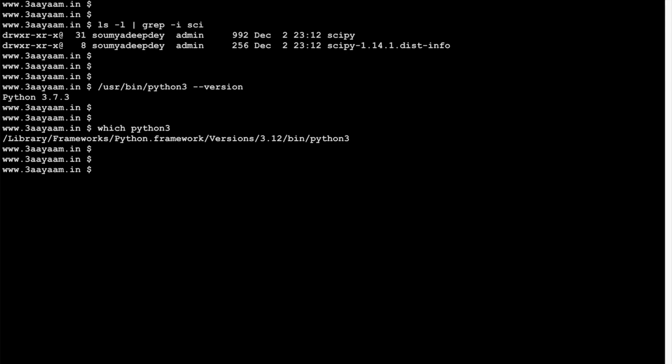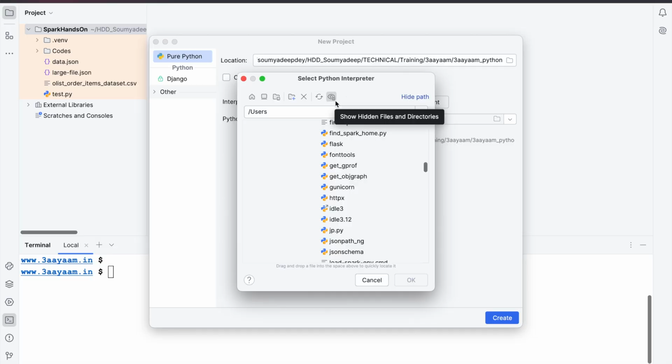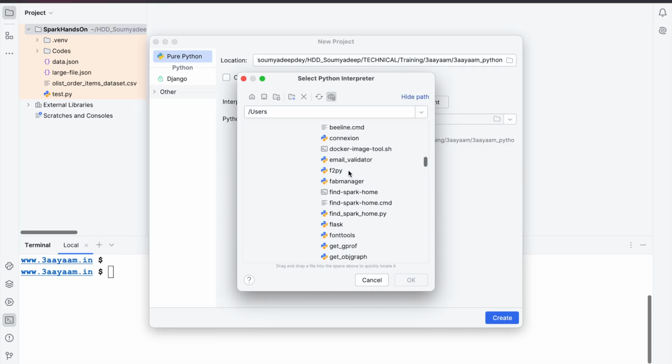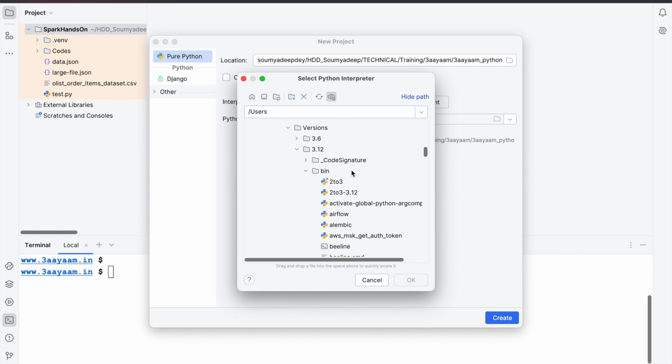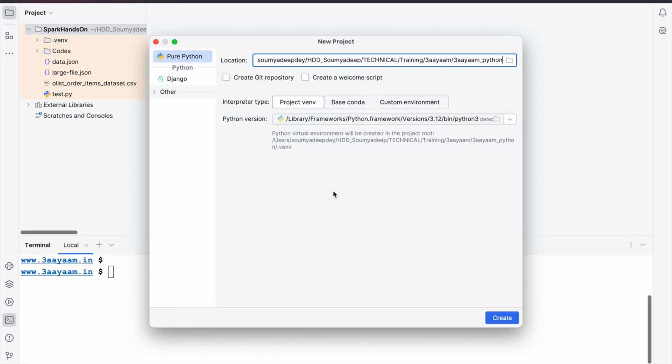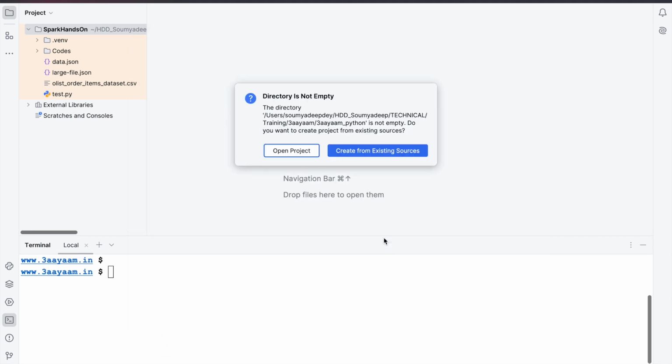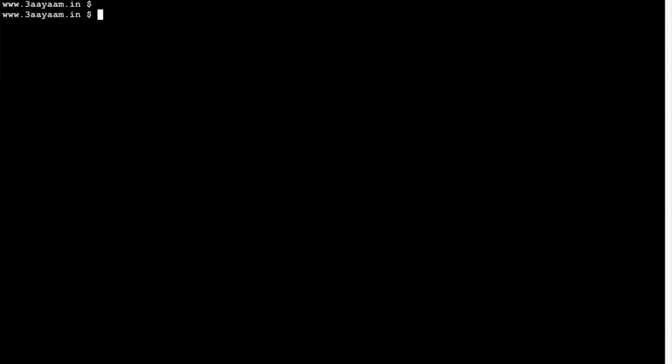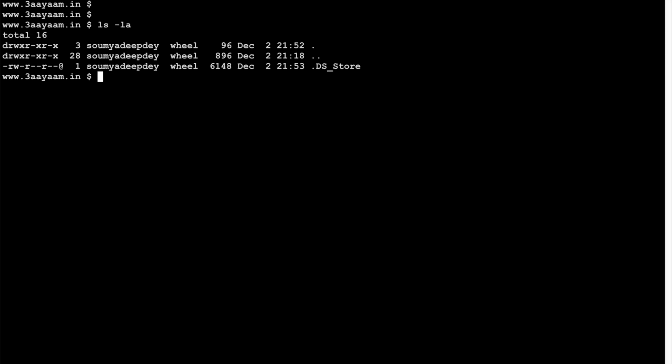If you are using an IDE like PyCharm, you'll just have to open the folder where your Python code is. So this is the location, /Library/Frameworks/Python.framework/Versions/3.12/bin/python3. So now I can click on create. It says the directory is not empty. It might be the case that there are some hidden files here.